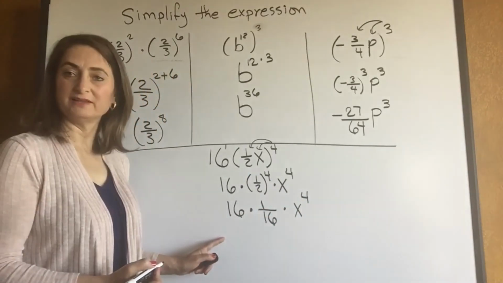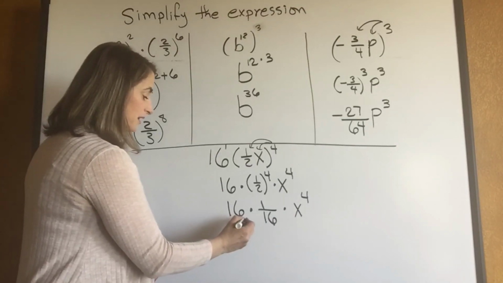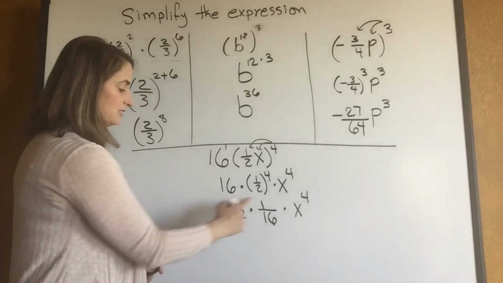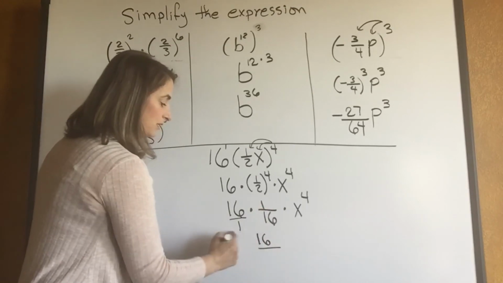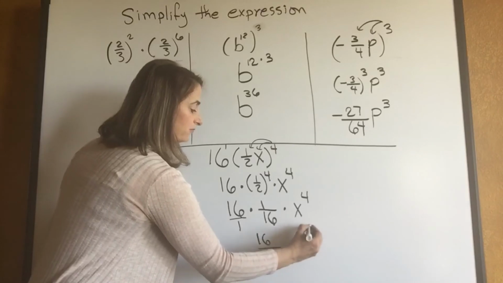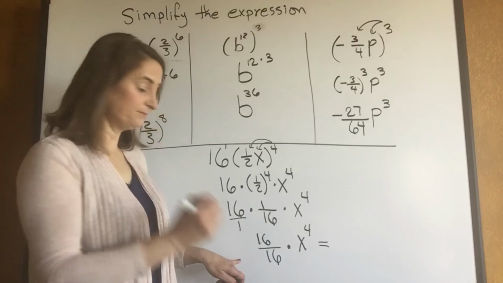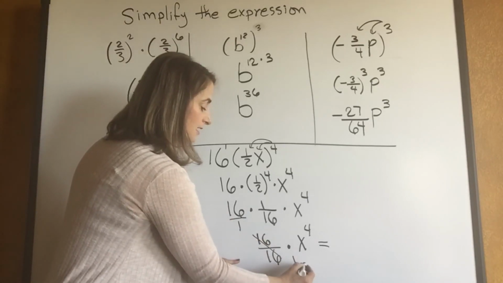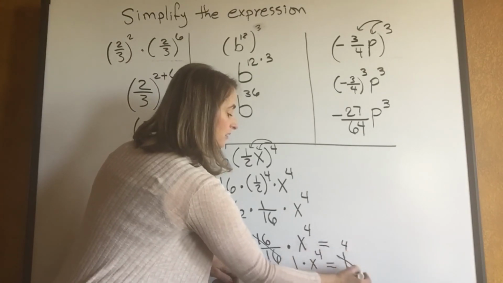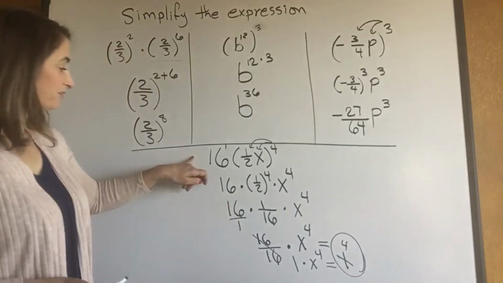Now how do I simplify that? You have a fraction and a whole number. What do I do with an integer? Pretend this is over 1 and multiply fractions across. 16 times 1 is 16. 1 times 16 is 16, times, bring down the x to the power of 4 because I don't know what x equals. Now 16 divided by 16 is 1. 1 times x to the power of 4 equals x to the power of 4, and that's your answer for